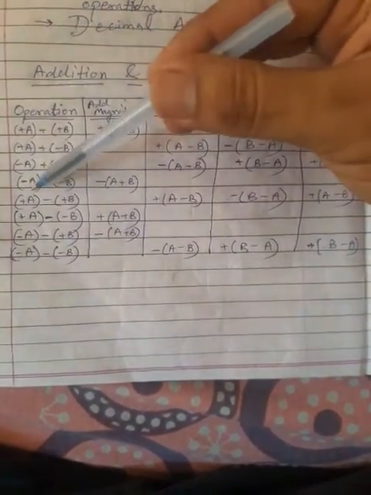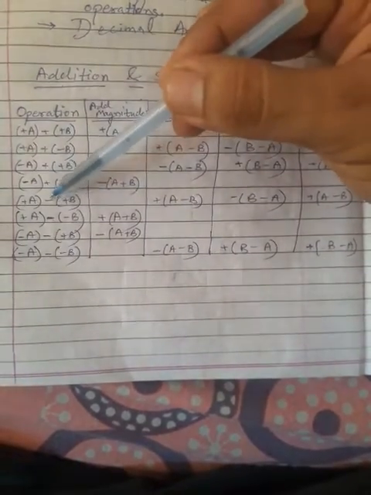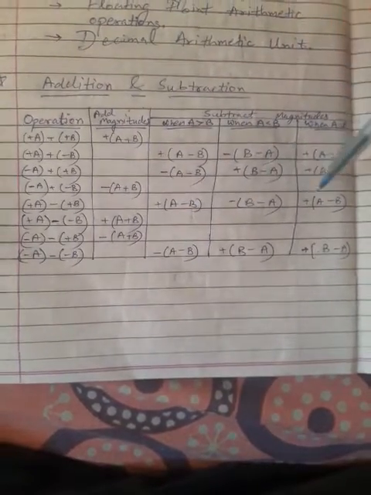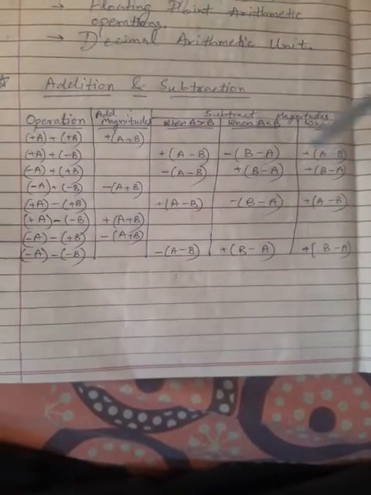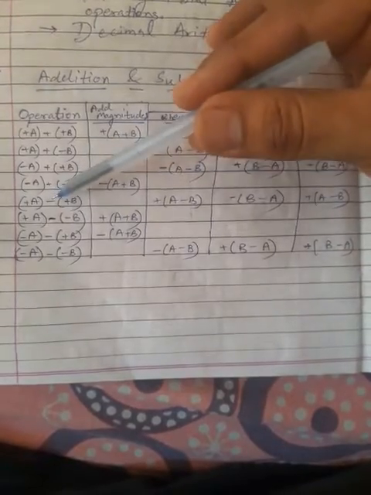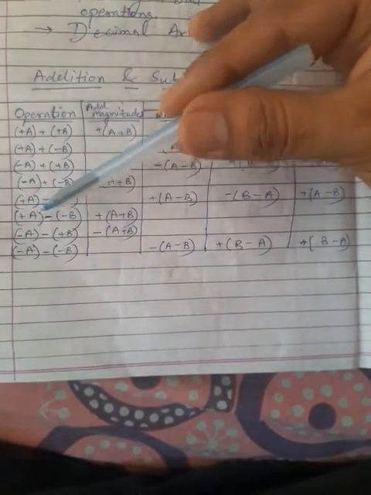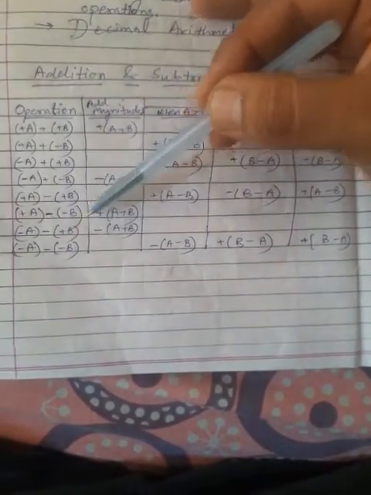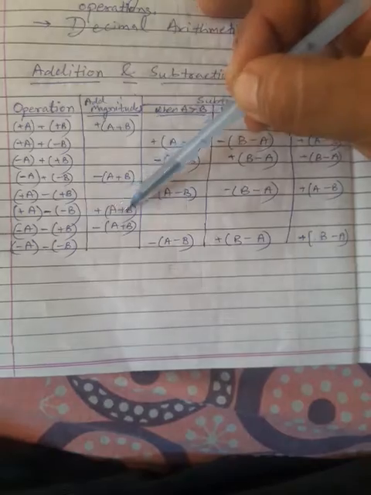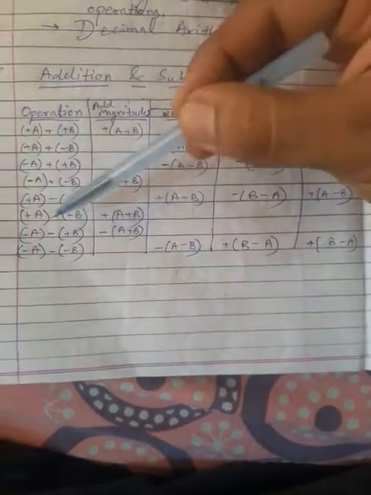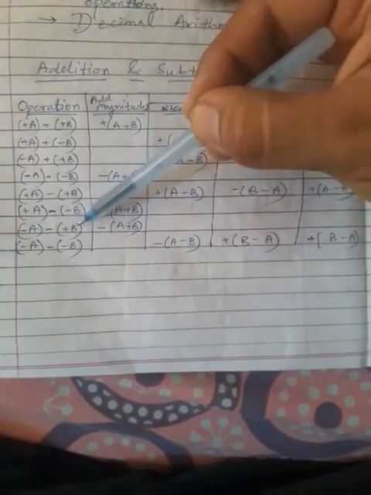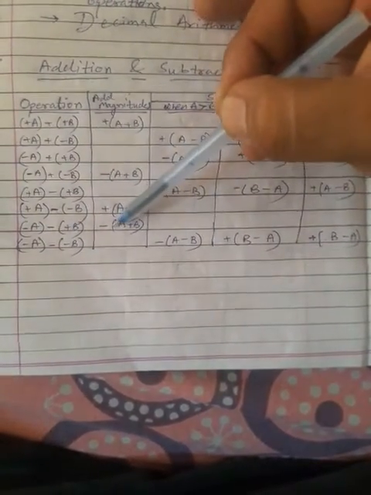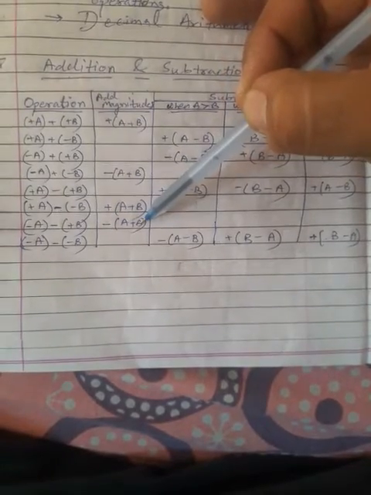Here plus a minus plus b, so because of the minus sign subtraction will happen, and the same operation applies. These three are according to the conditions. Next is plus a minus minus b. Minus minus gives positive, so addition happens: plus a plus b. Then minus a minus b: here also addition happens, since minus minus means both are added, so minus is taken as common and a and b are added.